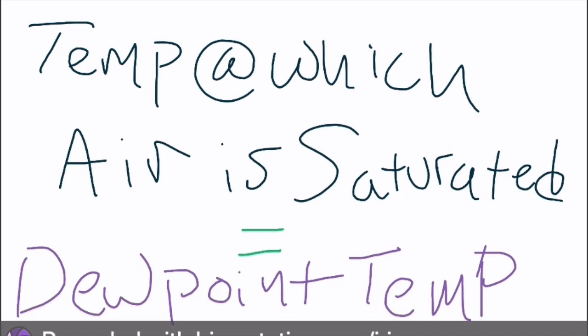So a lot of times you'll think about at night, or in the morning after the night, you'll come out and see dew on the grass, and that's because the temperature cooled off so much that all of the water in the air couldn't be held anymore, so it formed as little water droplets. When this happens at the ground level, when it forms a cloud on the ground, we just call that fog. But there's no inherent difference between a cloud up in the sky and a cloud on the ground that we call fog.